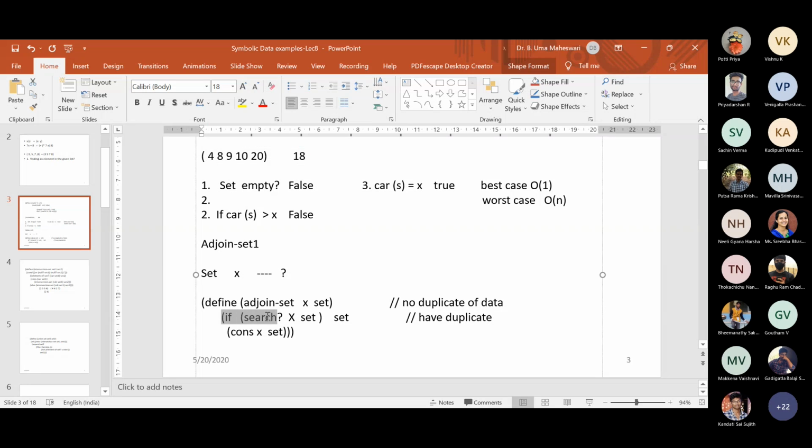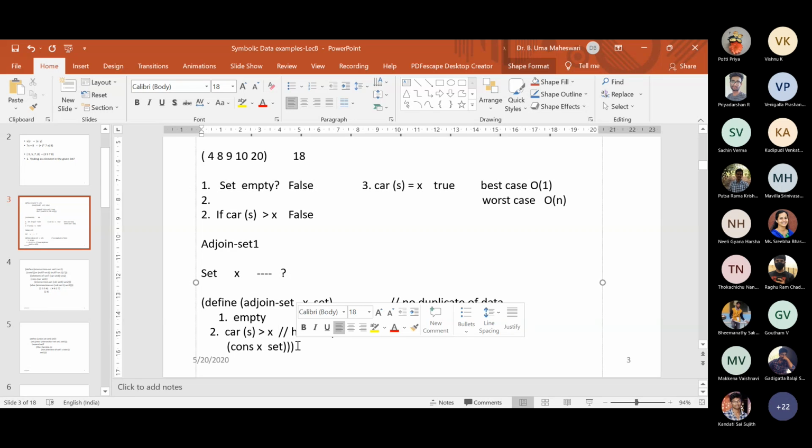Then, okay, so one condition is checking for empty. Another one is you will check with the car element: car of S is greater than the given X. So in that case, you can perform cons, just you can attach it.